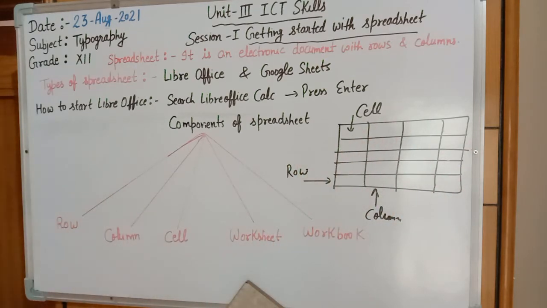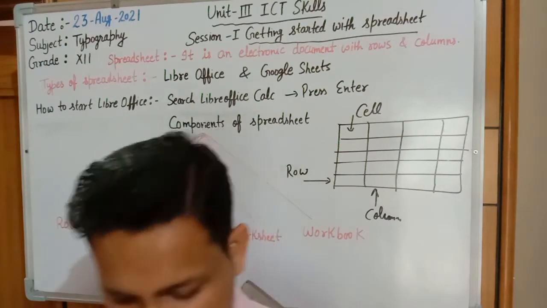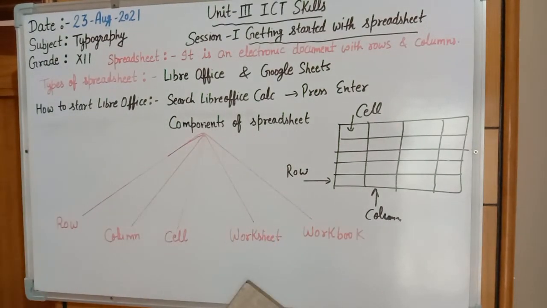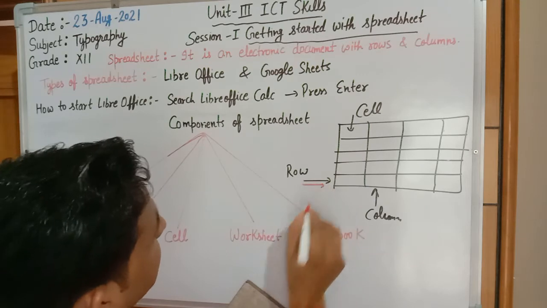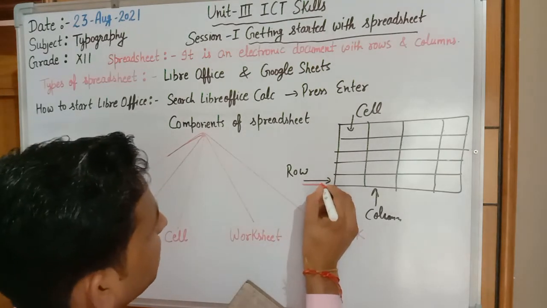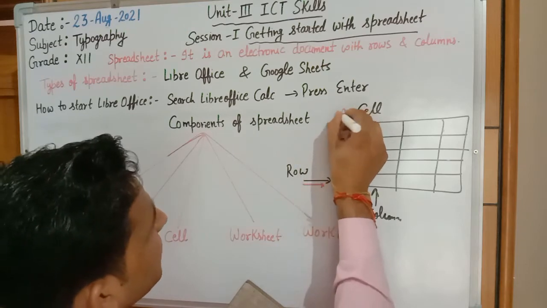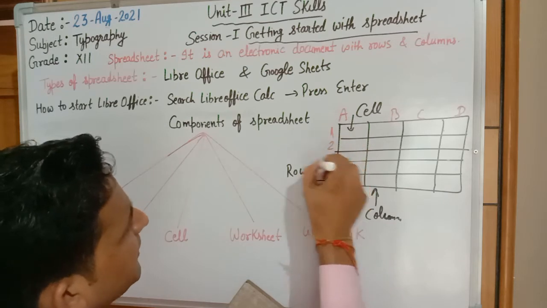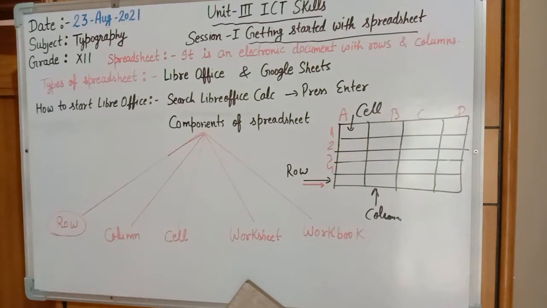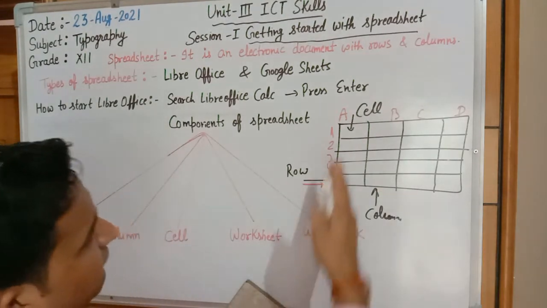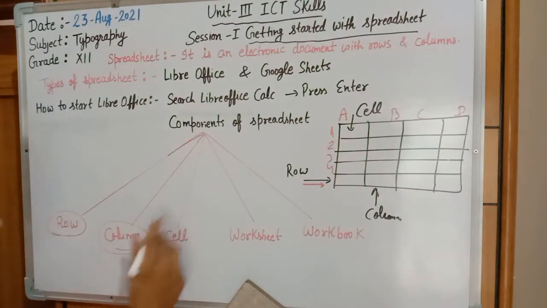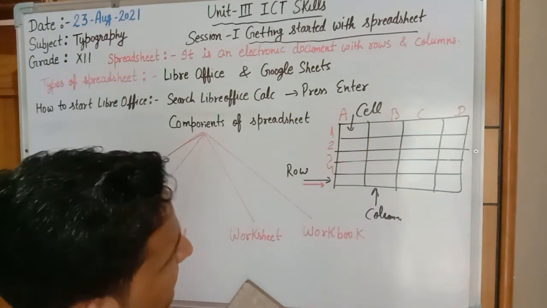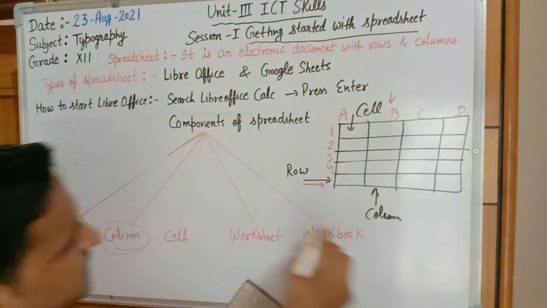Next topic, what are the components of a worksheet or spreadsheet? There are a number of worksheet components, like a row. A complete record is known as a row. Columns are positioned like A, B, C, D, and rows are 1, 2, 3, 4, the sequence numbers. So what is a row? A row is an arrangement of cells in a horizontal manner. And what is a column? A vertical sequence is known as a column. A complete vertical sequence, for example B, is known as a column.